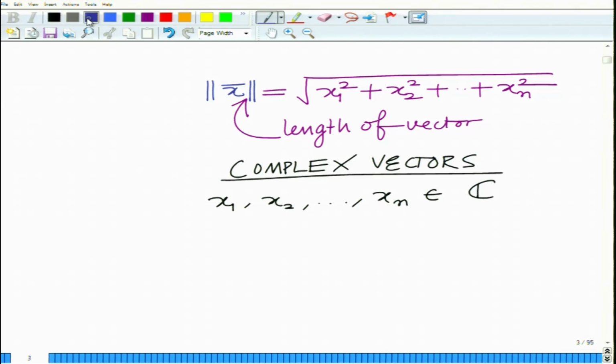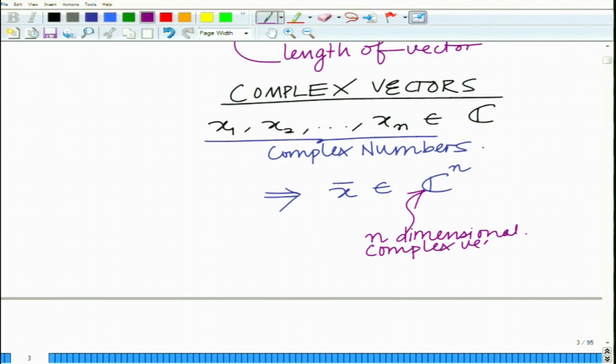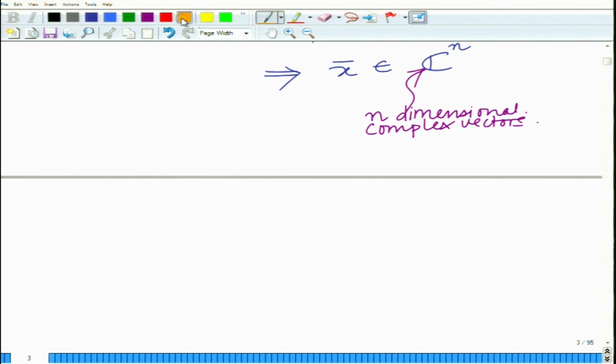So, for a complex vector, if the elements x1, x2, xn belong to C, that is, these are complex numbers, then this implies that the vector x bar belongs to the set of n-dimensional complex vectors, C n, that is, the space of n-dimensional complex vectors. Now, x bar Hermitian,